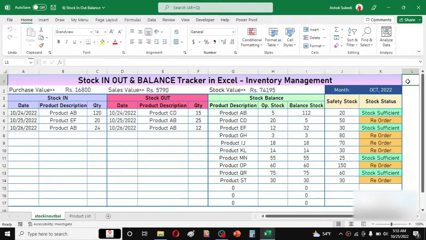Welcome back to a new video tutorial in Microsoft Excel, and in this video we are going to learn how to create a stock in, out and balance tracker in Microsoft Excel. On the screen you can see an already developed stock in, out, balance template, and this template is fully dynamic. We have to only update the stock in details and stock out details, then all the values will automatically